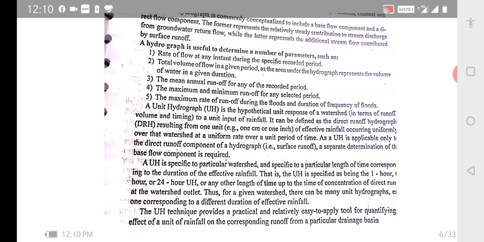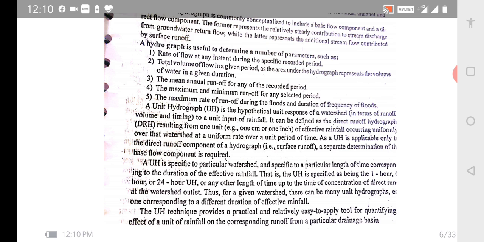Again, the total volume of flow we can also find out. We can find out per month, per quarter, or half yearly or annually from the hydrograph. And you can also find out the mean annual flow runoff from the recorded period. What is the average for the entire year, and the maximum and minimum runoff also you can find out. So these are the various